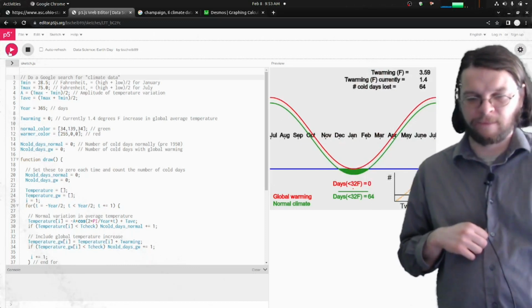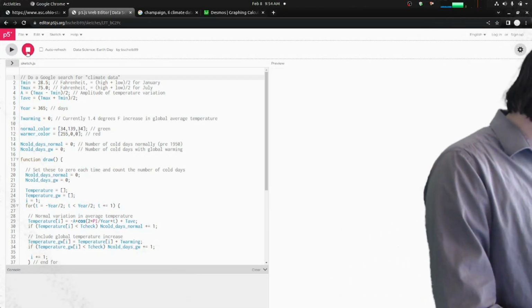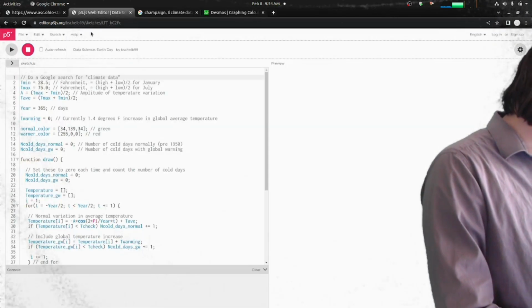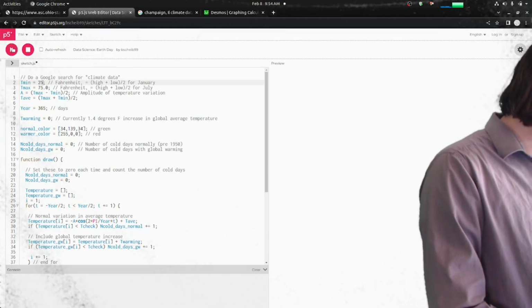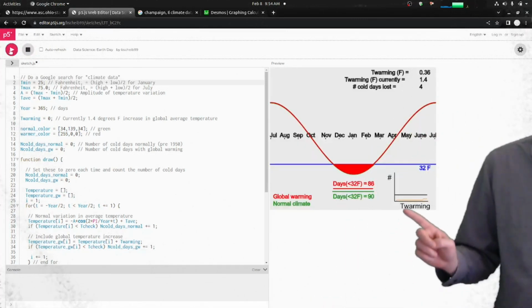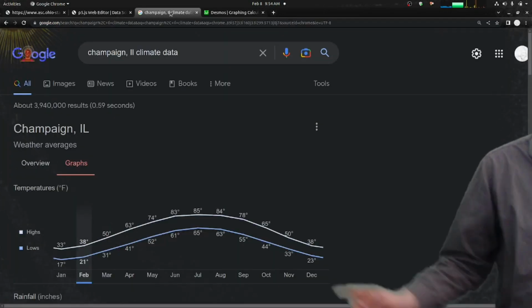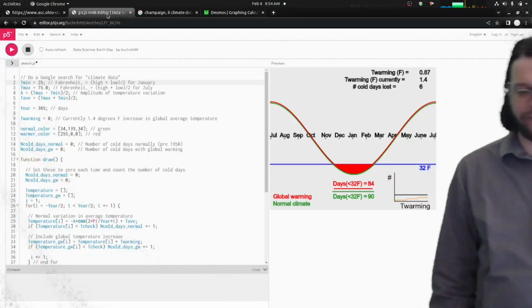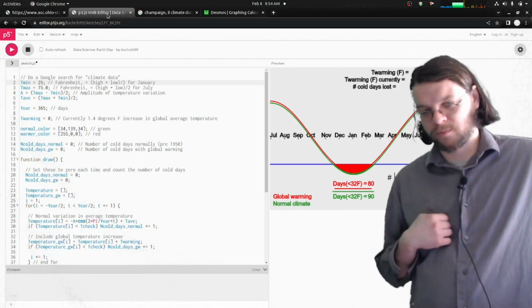Now these numbers are for Columbus. Columbus is probably going to be pretty similar to Champaign, but Champaign's coldest day is 25 and the highest day is 75, so it's pretty similar. According to this, we would expect on average about 90 days a year of sub-32 weather.